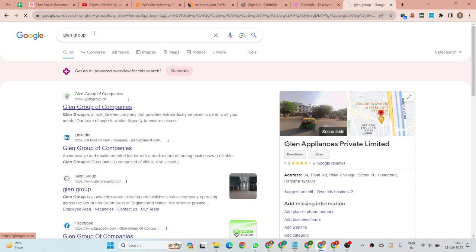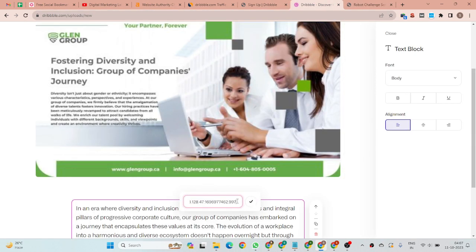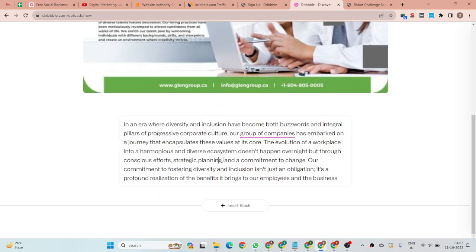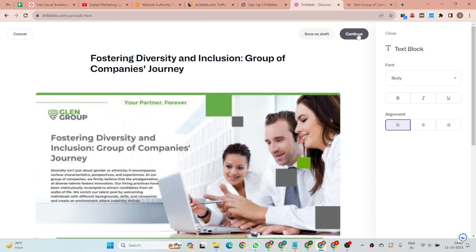Here you can add your targeted URL. I have to copy my targeted URL, then you add it, and then you click. Then you get a contextual backlink. So now our normal process is completed. Then you have to click the continue button,